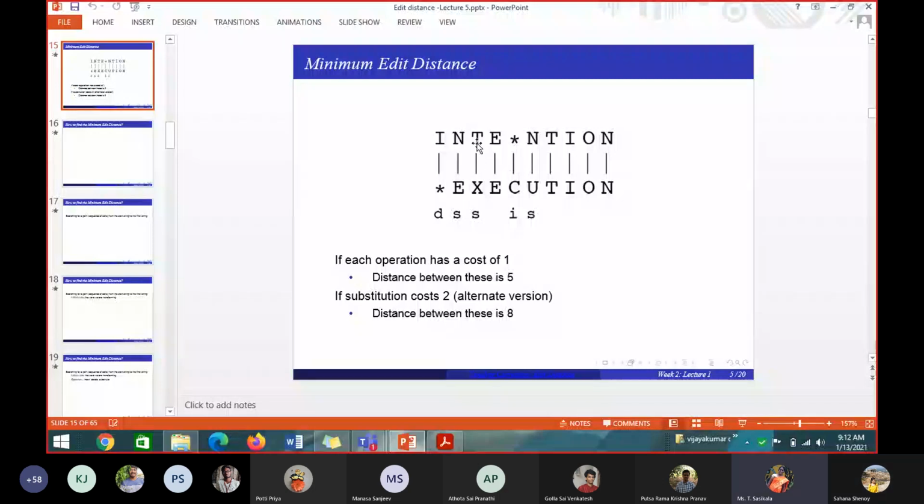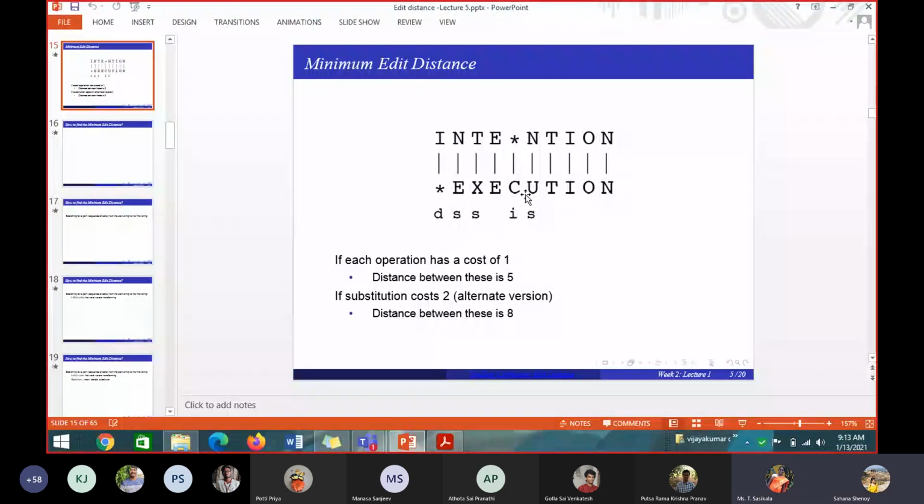Substitution. For each and every conversion, you have to find out which operation is applied, or whether any operation is applied or not. T in my input string is replaced by X in the output string means? Substitution. Very good. E in my input string is replaced by E in my output string means any operation applied? No operation, good. Then star in my input string, there is no character, is replaced by C in my output string. So what have I done here? Insertion, good. N in my input string replaced by U in my output string, what operation?